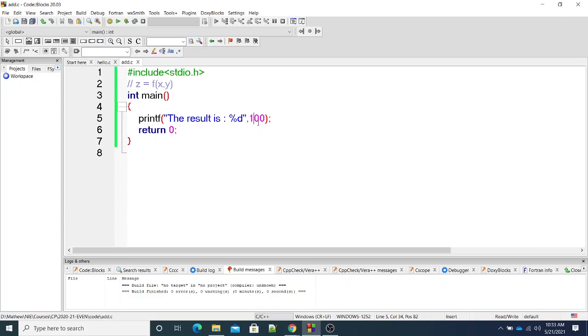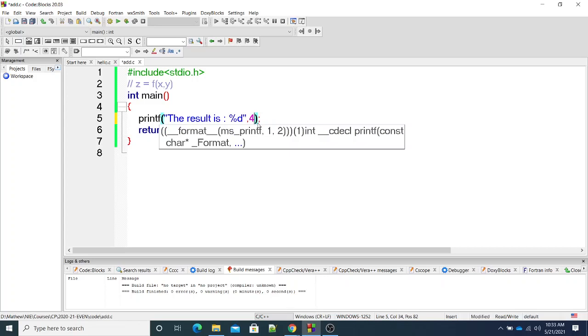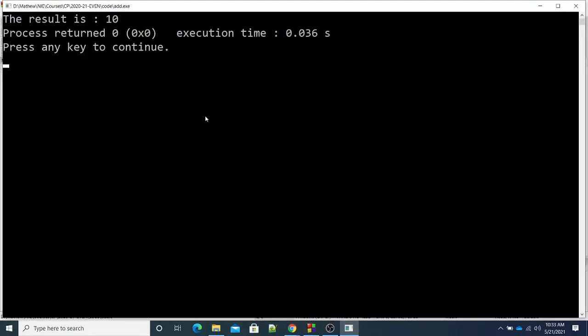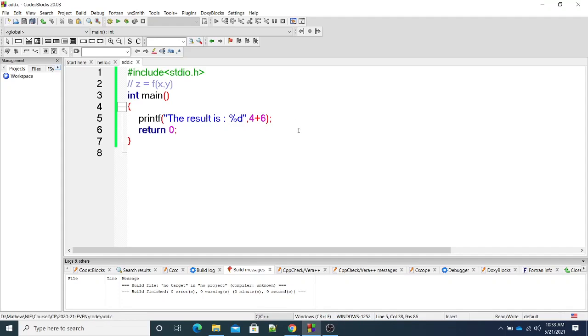Okay. So instead of this number, I can put an expression also here, a mathematical expression, 4 plus 6. In that case, what is the output? The result is 10. So my second input, since it is an expression, is first computed and the result of that is placed instead of %d.